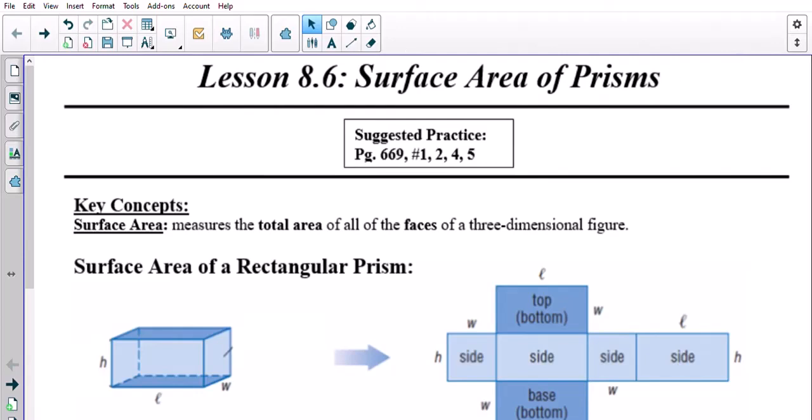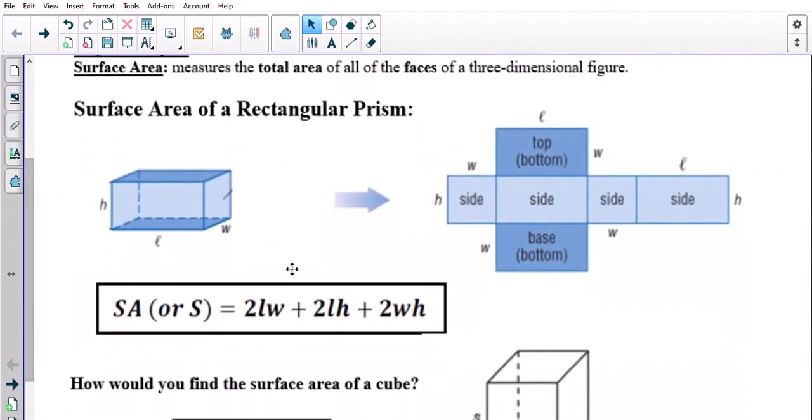Now, while we could take a three-dimensional shape and lay it flat, which you may have done back in elementary school, where the teachers gave you a two-dimensional shape that looked like this, that you had to cut apart and then put together to form a rectangular prism, or they probably called it a box back then. That's called the net of the three-dimensional figure. And if I find the area of all these rectangles that make this figure up, I can find the surface